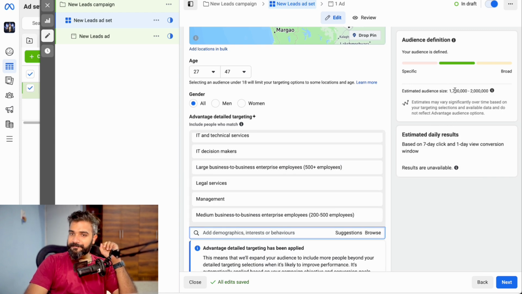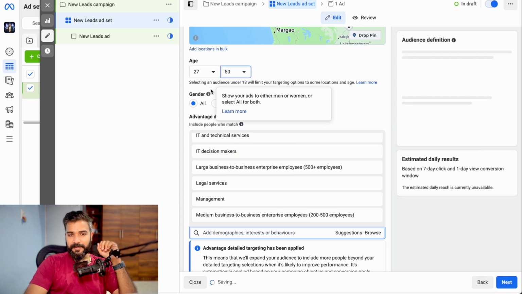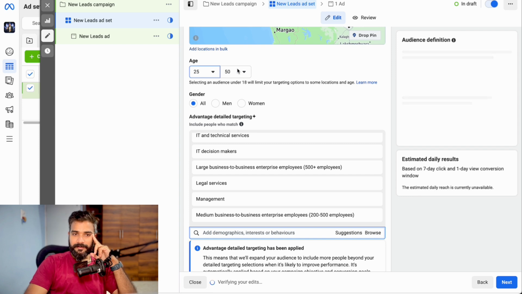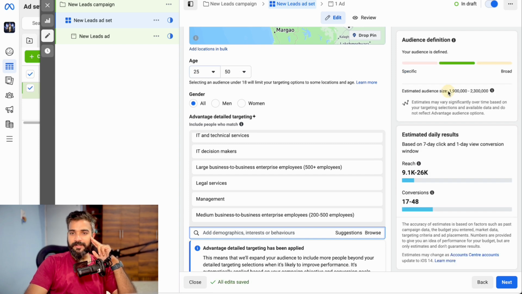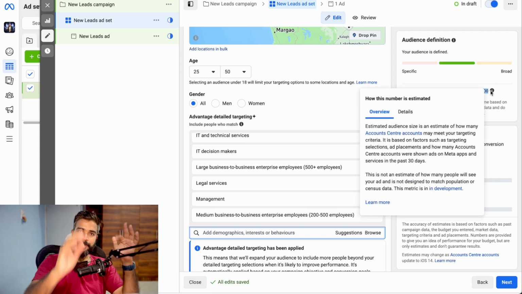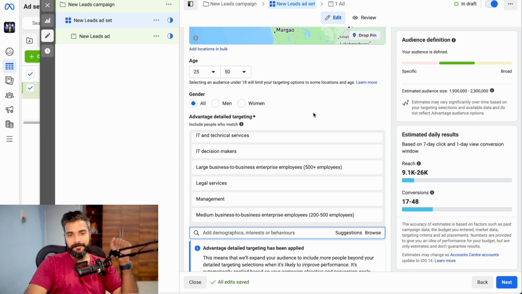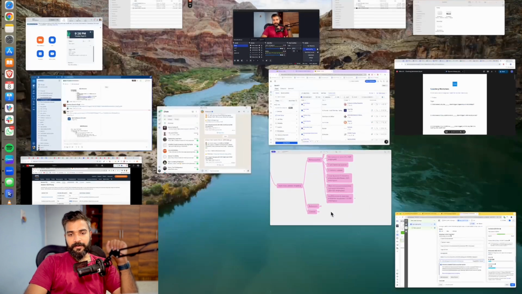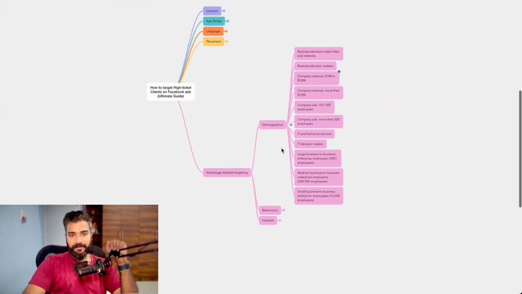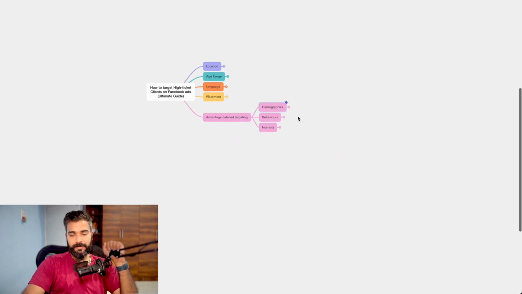I can see 1.7 to 2 million. I'll slightly increase this in this particular regard. The range, make it like a 25-year difference, between 25 to 50. So this is good. Roughly an average population of 2 million is what I look for at this particular point, right? Now our demographics are done. All of this, we don't need. We're good to go.